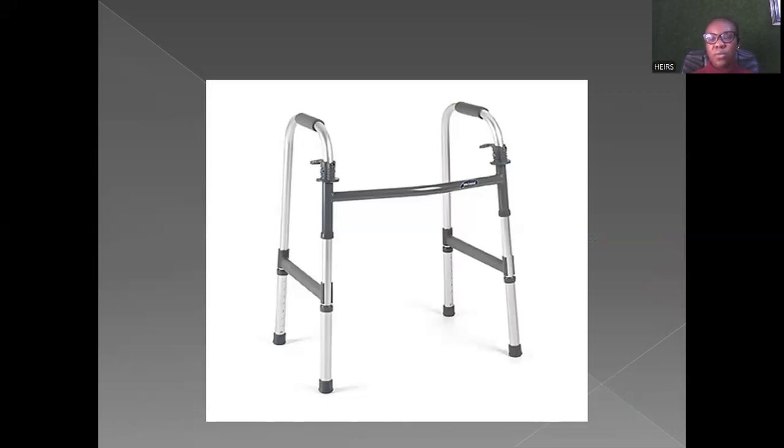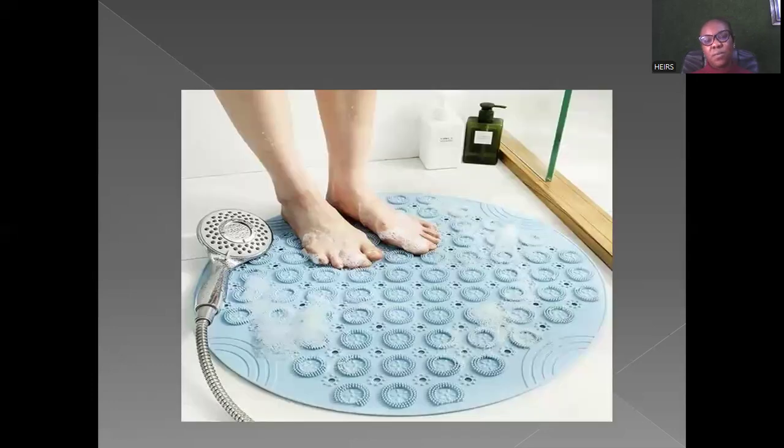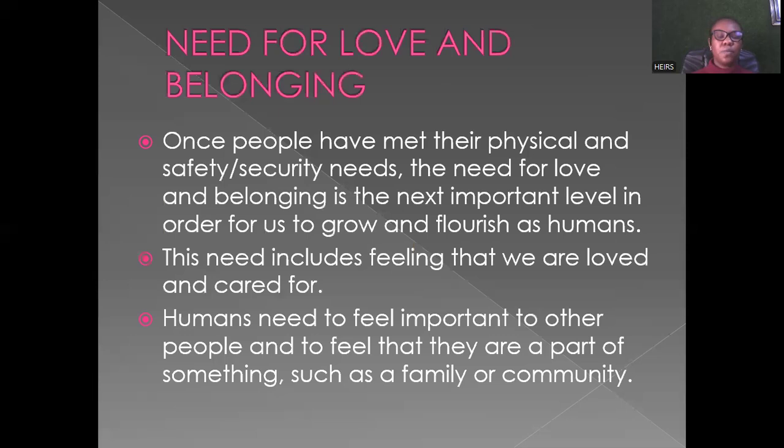This is a working frame that an elderly individual can use for someone who is unable to stand or walk without support. This will provide safety and reduce the chances of falls. And this is a non-slip bath rug. Standing on this, the floor is not slippery. The chances of falling are much reduced.